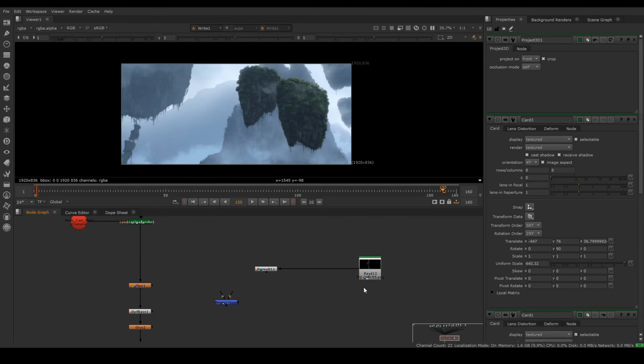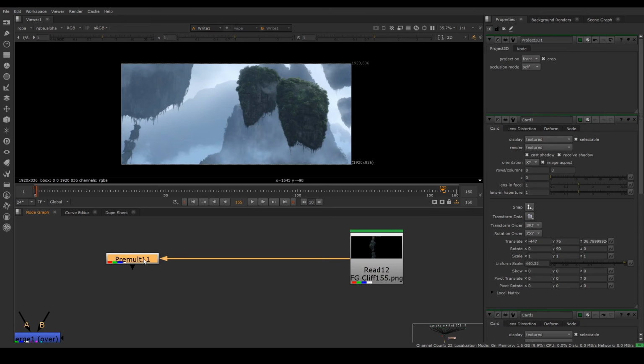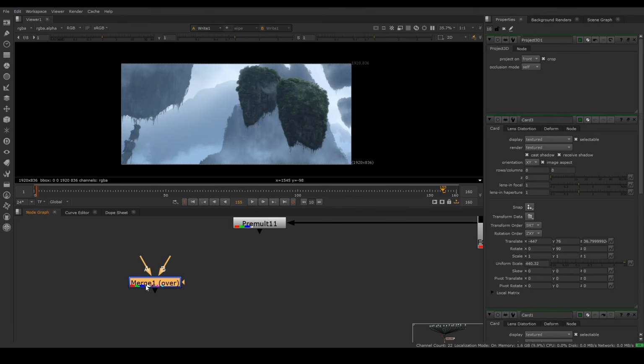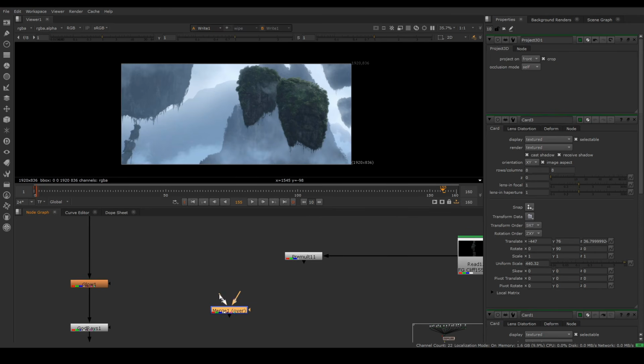Now we bring in the foreground rocks. This is an image sequence, and again a Premult node, and here we bring in the merge node, which has two slots and works like an A/B formula. So it goes after the scanline render. As we want the FG rocks to appear in front, we plug into A,